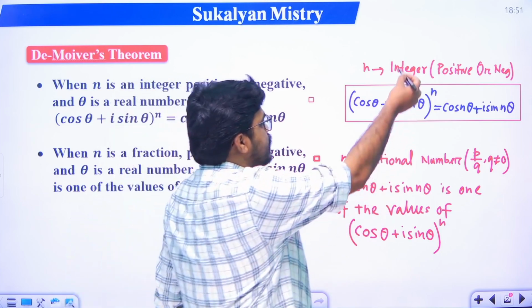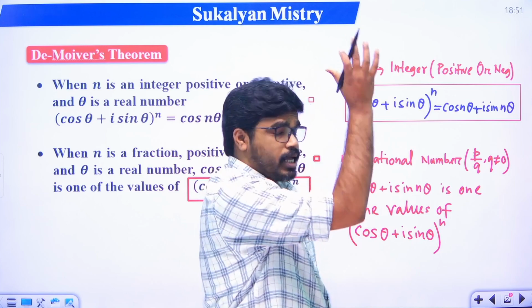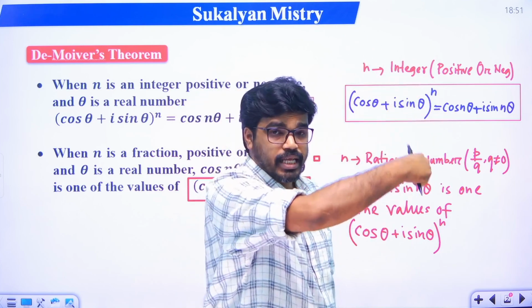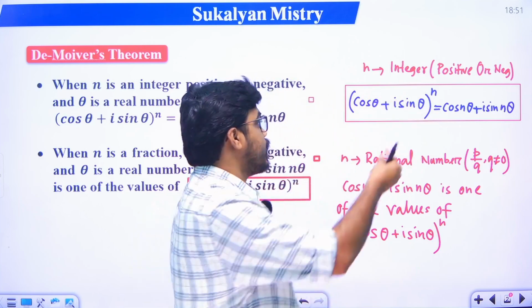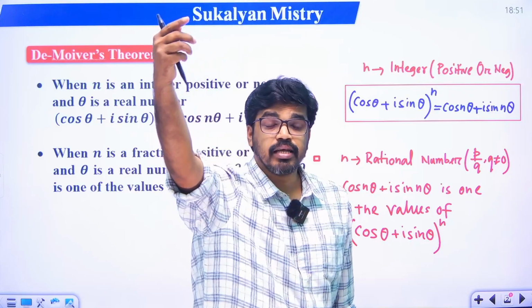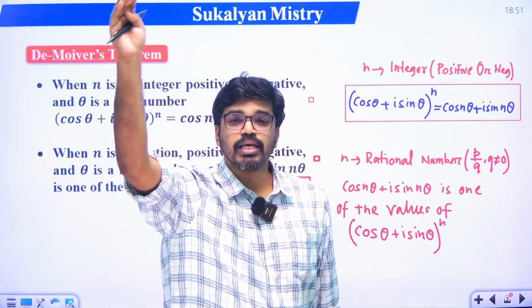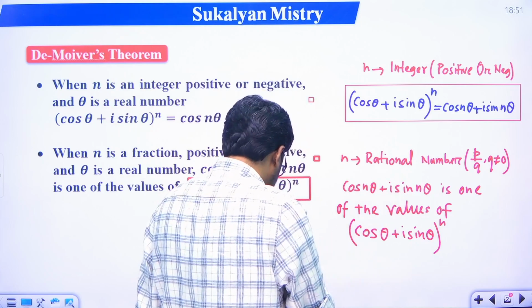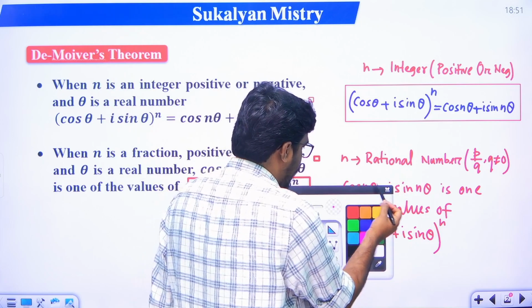So if n is an integer, then (cos theta plus i sin theta) to the power n will be cos n theta plus i sin n theta. But if n is a fraction, that is p by q, then cos n theta plus i sin n theta